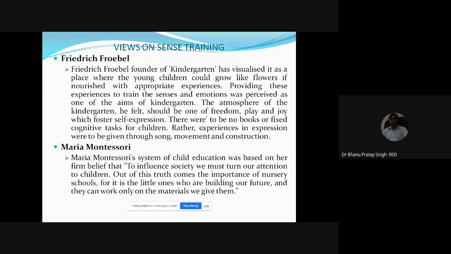And you all are aware that these children grow like a flower under the supervision of a gardener. And the place of that environment, meaning preschool, was known as kindergarten. So as per Froebel's philosophy, kindergartens are the place where the child is nourished by the teacher, by the environment, and that too with natural